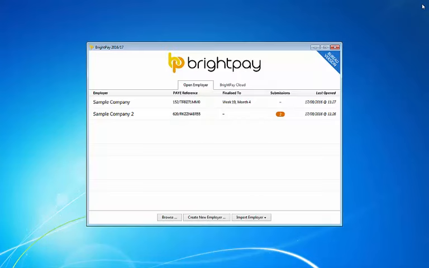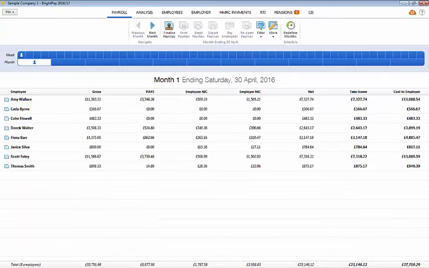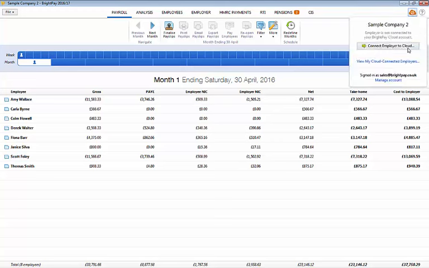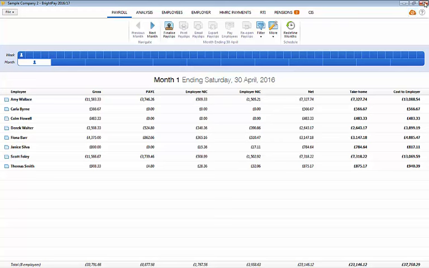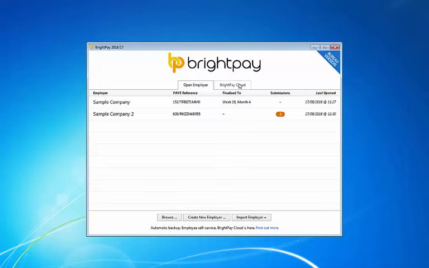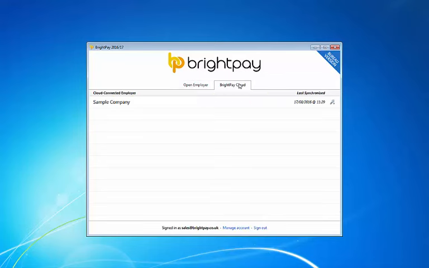To connect another employer file for which you have purchased a subscription, simply open the company in BrightPay and repeat the connection process. On BrightPay's starting screen, you will find a BrightPay Cloud tab. This listing will confirm which employer files you've connected to BrightPay Cloud, and also the date and time that they last synchronized. Once an employer has been connected, BrightPay Cloud will maintain a chronological history of your backups automatically for